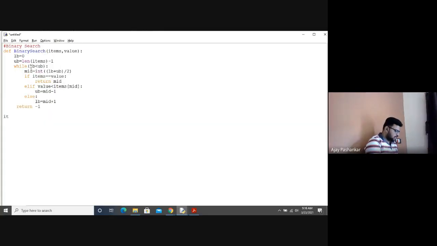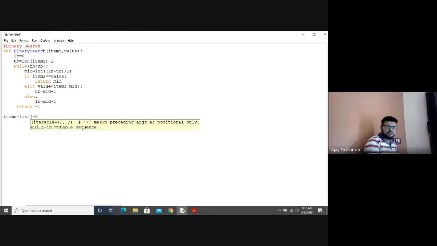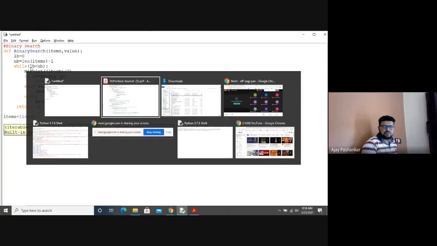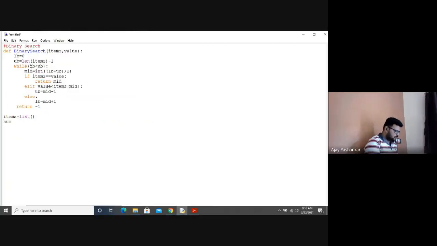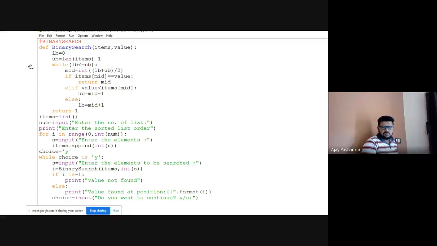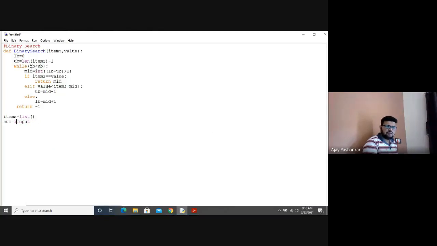You can just take items equal to an empty list, no issue. num equal to int input. Have we defined num as integer? Yes, sir. You can just simply take input: enter the number of list.